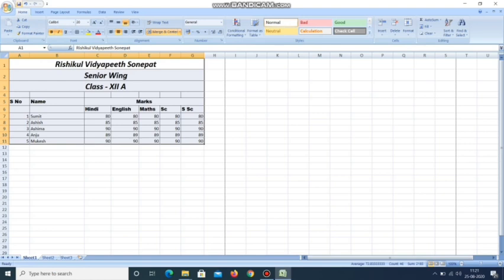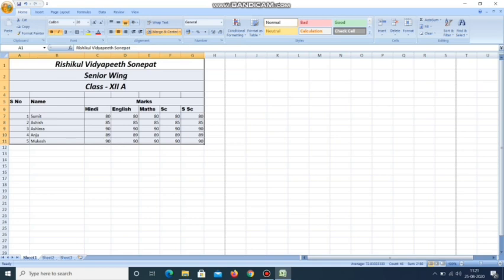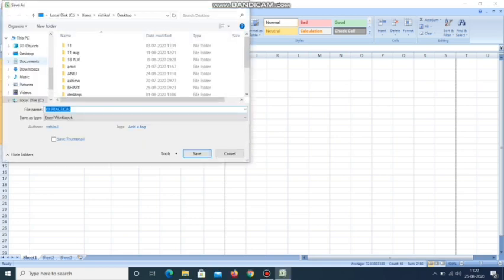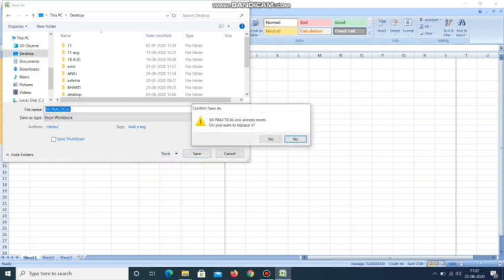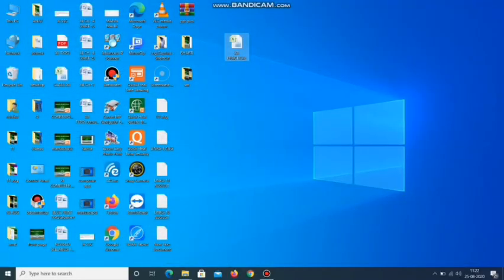Now after completing your work, we have to click on the save button, and we can click on save as if we want to make another copy of the same file. If you don't want to make another copy and you click on the save as option, then what will happen is this message will be shown that this file already exists, do you want to replace it? But we don't want to replace it, so I will click on save and